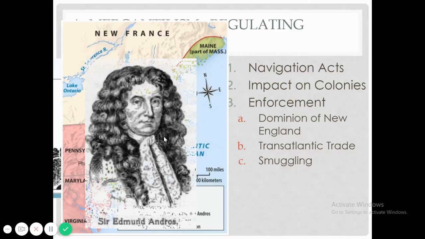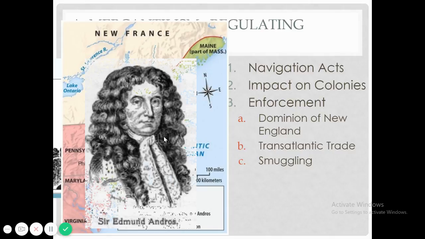Thankfully, with the Glorious Revolution in 1688, which hopefully you remember from world history, William and Mary ascend to the throne, and the Dominion of New England comes to an end. Yay! However, the Dominion of New England changed the course of the New England colonies forever, because now Puritan authority is really diminished, almost permanently. Also, restrictions on colonial trade continue with even more oversight from England. You're going to have more agents than ever stationed in the colonies, making sure that everything's on the up and up.